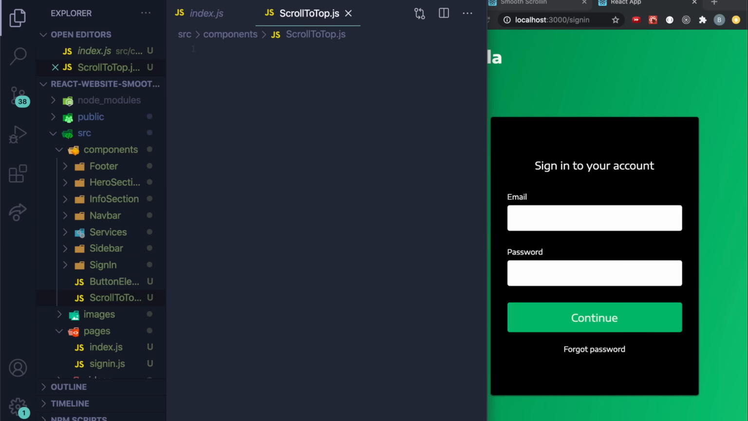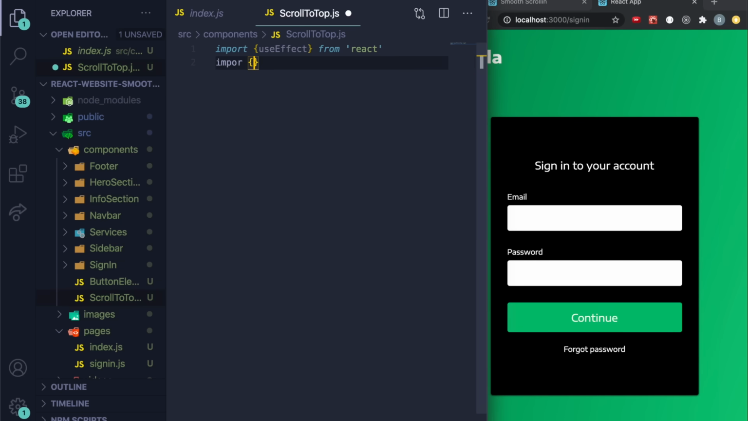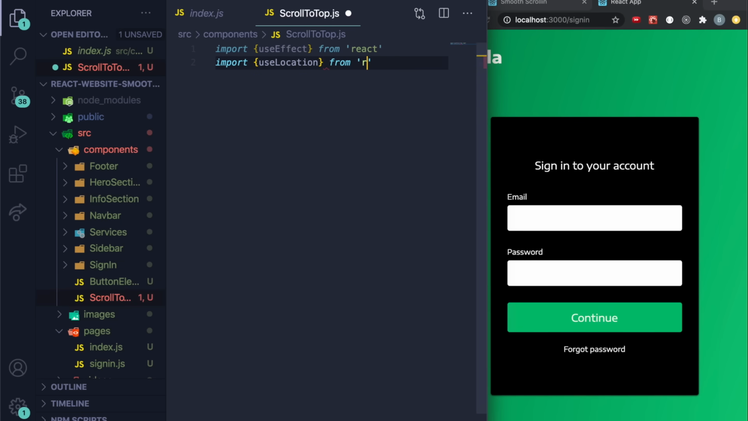And you wouldn't notice this right now because my screen's showing it clean, but if you were to navigate to a new page, it's not going to go to the top. So with React Router, you can do this. You can say import useEffect from React, and then also you can do import useLocation from